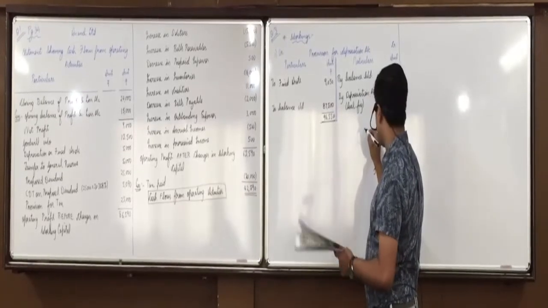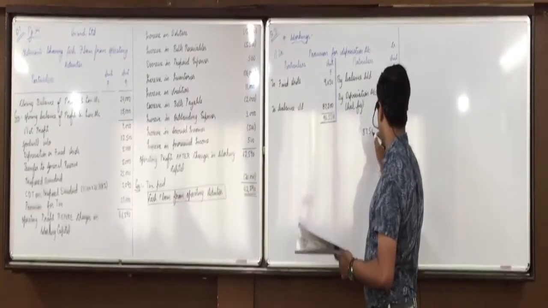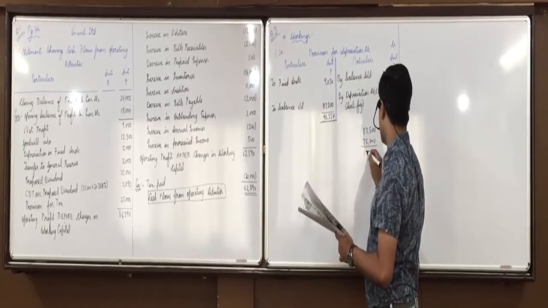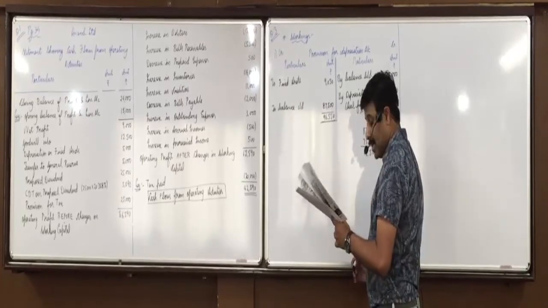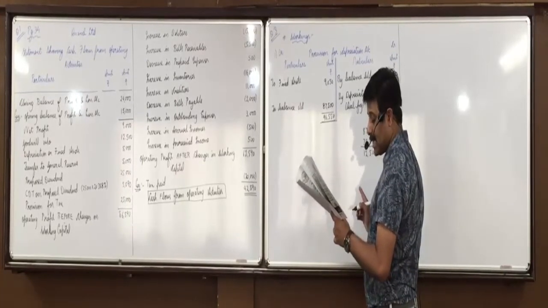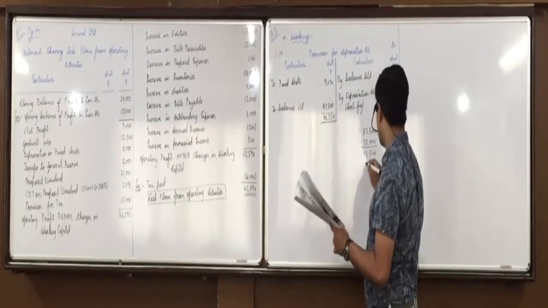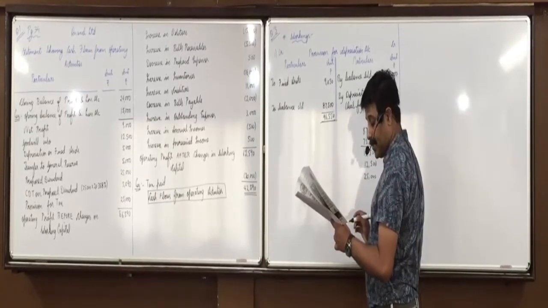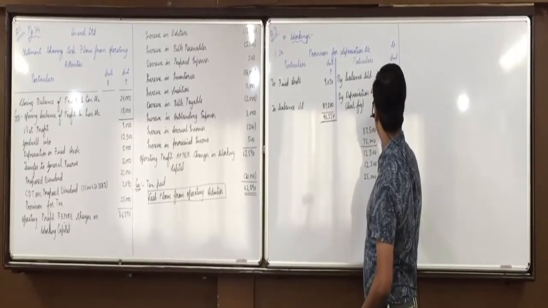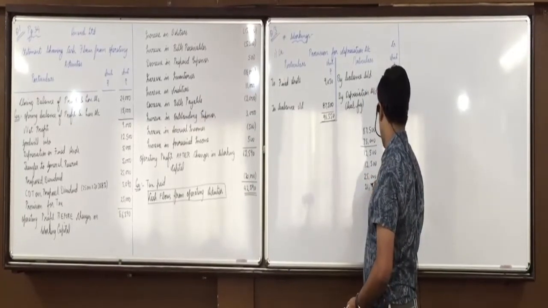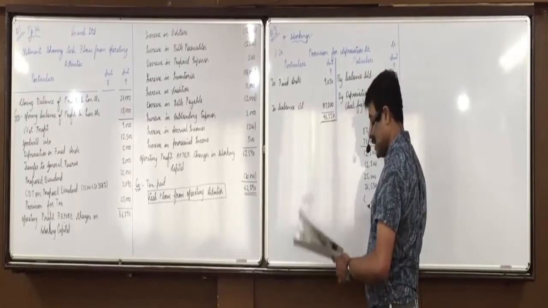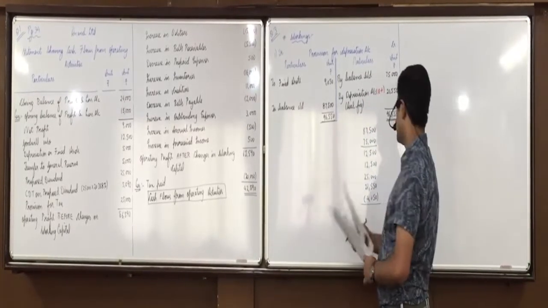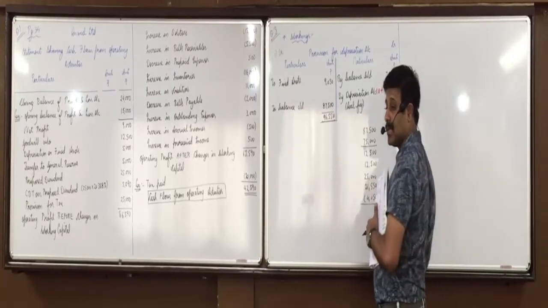You start with closing balance of P&L account 87,500 minus opening balance of P&L account 75,000. So you get 12,500 net profit. Then in that you will add preliminary expense, transfer to general reserve 12,500. Then preliminary expenses written off 25,000. Then you will add depreciation of 21,550 and you minus the profit of 4,050. So what do you get before working capital changes?